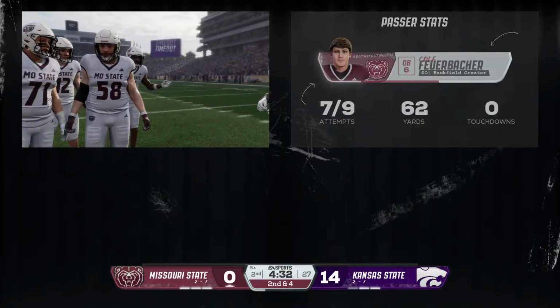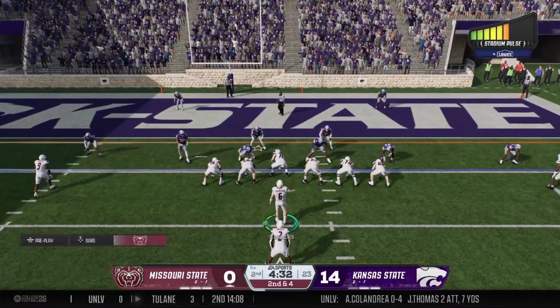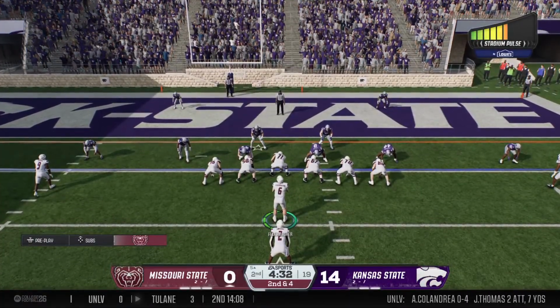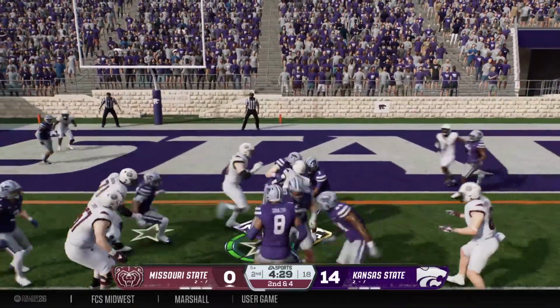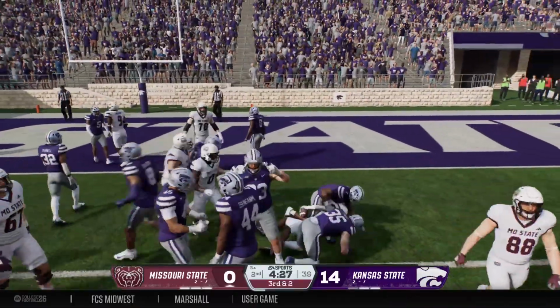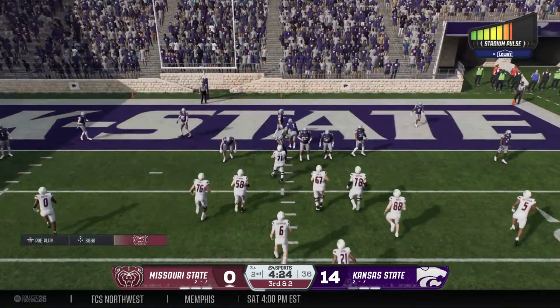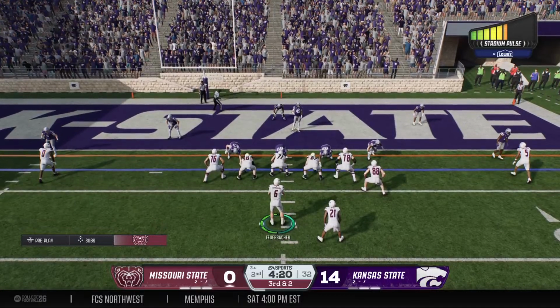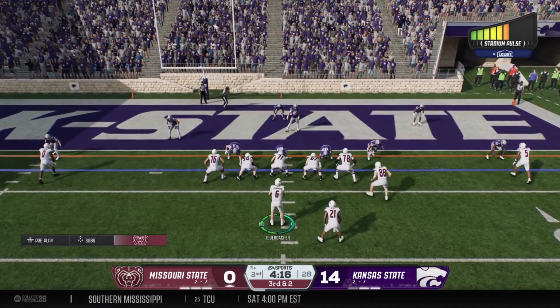It's their first of the half as they'll make some adjustments. Second down coming up on this red zone opportunity. One back in the backfield, and they'll give it to him. They get him on the ground at the 3-yard line, but this defense is taking some punches. Really need to pick up this conversion and avoid having to settle for the field goal. They'll move the tight end.